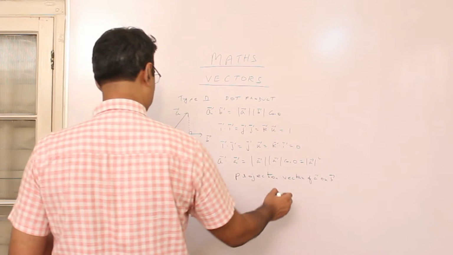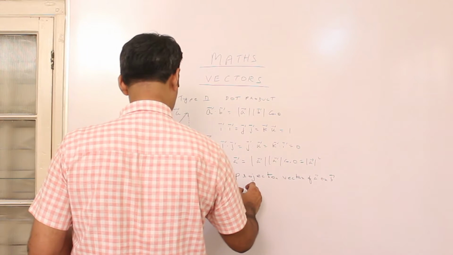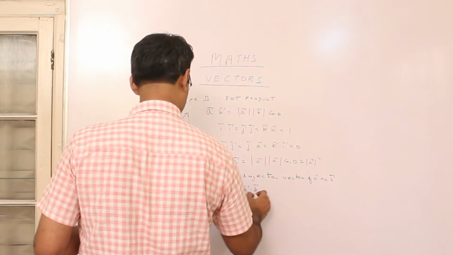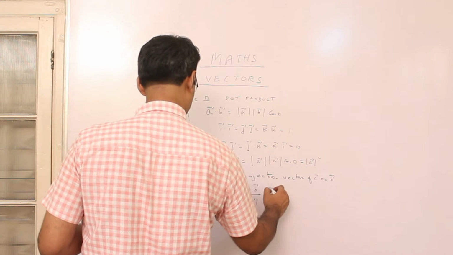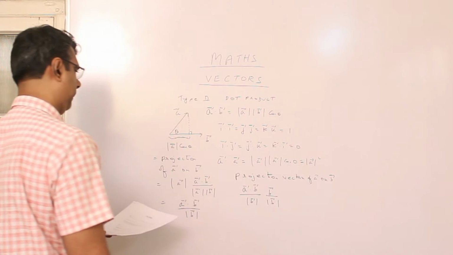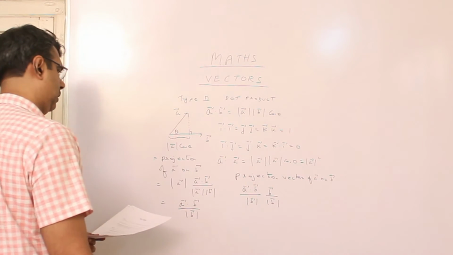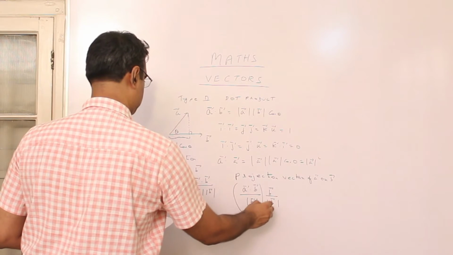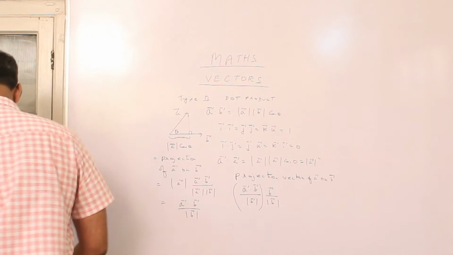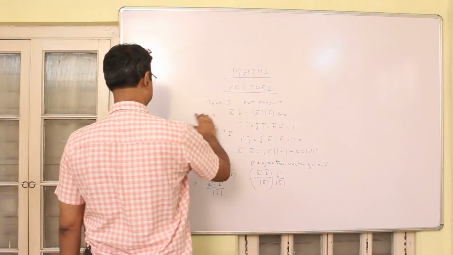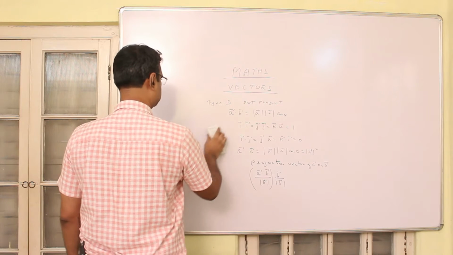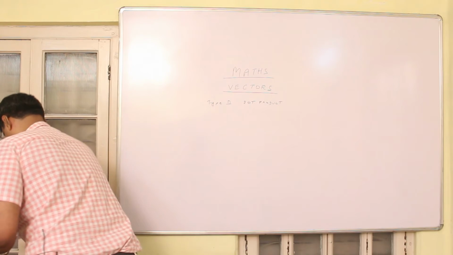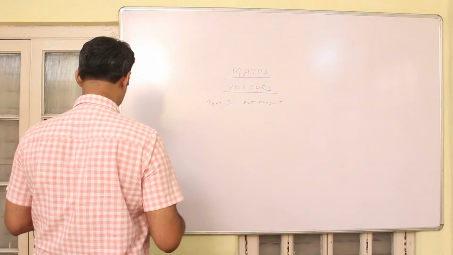of A on B. Now if you are asked to find the projection vector of A on B, then it will be A dot B by mod B whole thing multiplied with B by mod B. So projection vector of A on B is A dot B by mod B into B by mod B. So what you are basically doing is you are multiplying the projection with unit vector in the direction of B. So these are the concepts that are required in